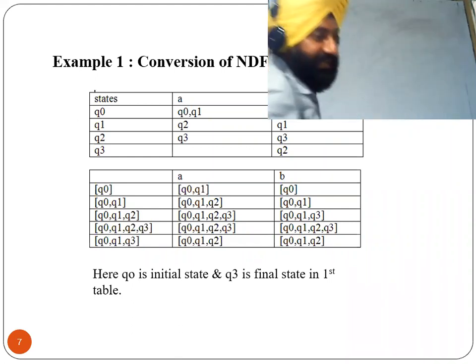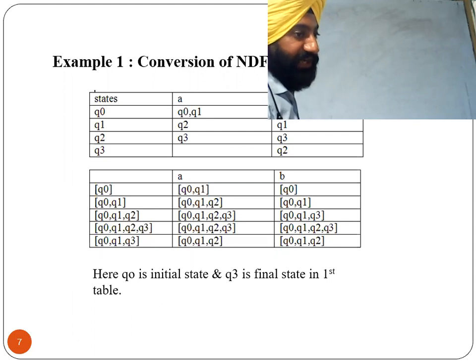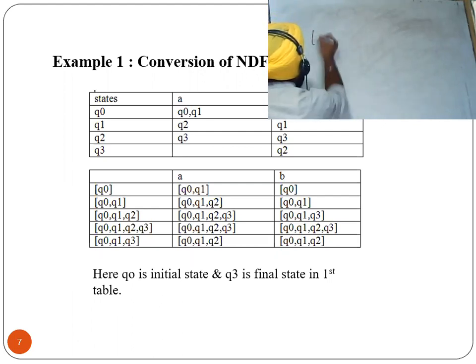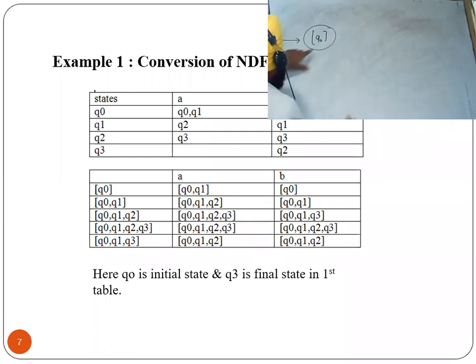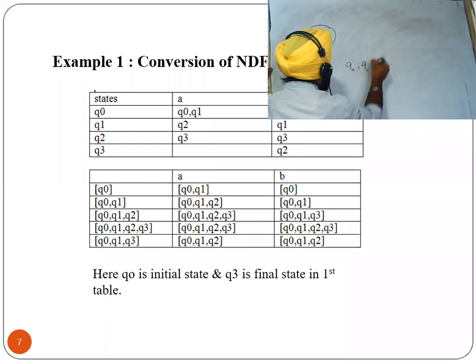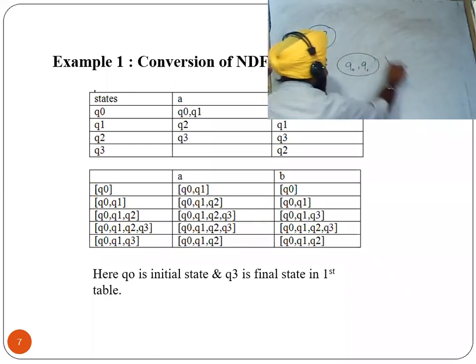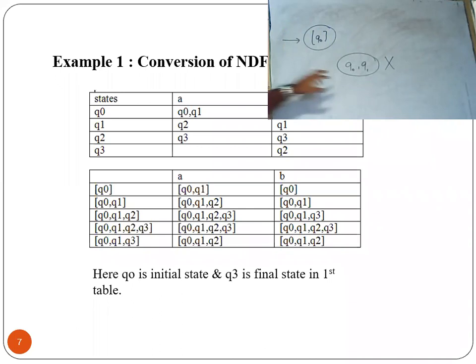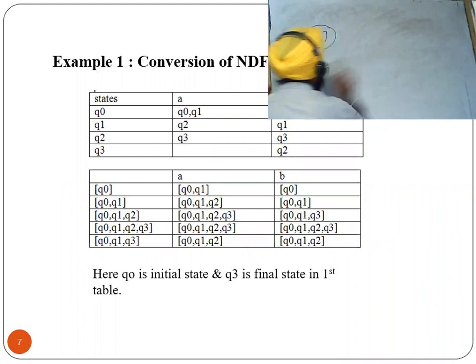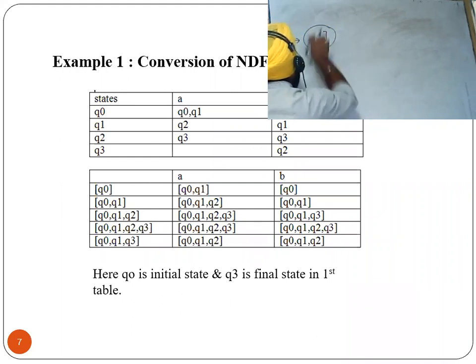So the first state, which is written in front of you, is Q0. So here Q0 with square brackets. Don't forget to put the square bracket in front of your state. If you write Q0, Q1 without square brackets, this is wrong, because you can't write two states in a single circle without writing square brackets. Always put a square bracket whenever you have more than